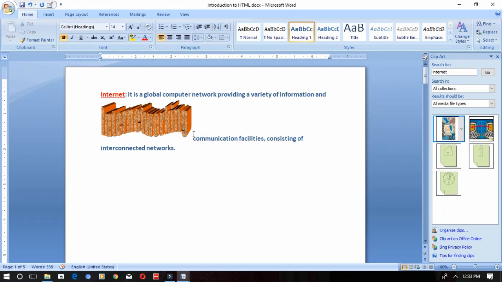So what we saw in the video: how to insert a picture from file, how to insert a picture from clipart, how to insert shapes and edit format, how to insert SmartArt, and how to insert word art, and how to format all these things we saw in this video. Okay, in the next video we will see how to insert tables, header, footer, etc.